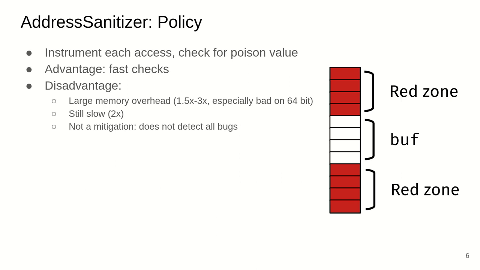It's still slow, so it's still about a 2x overhead. And last but not least, AddressSanitizer is not a mitigation. So even if you were willing to pay the 2x overhead, you could not use AddressSanitizer as a memory mitigation, because an attacker that knows that a program is protected through AddressSanitizer could simply adjust their exploit to bypass the AddressSanitizer